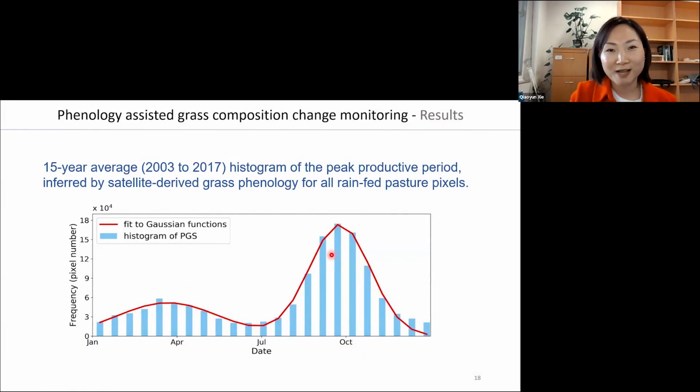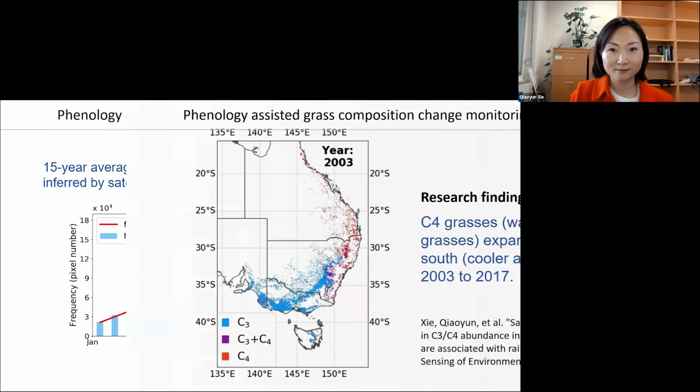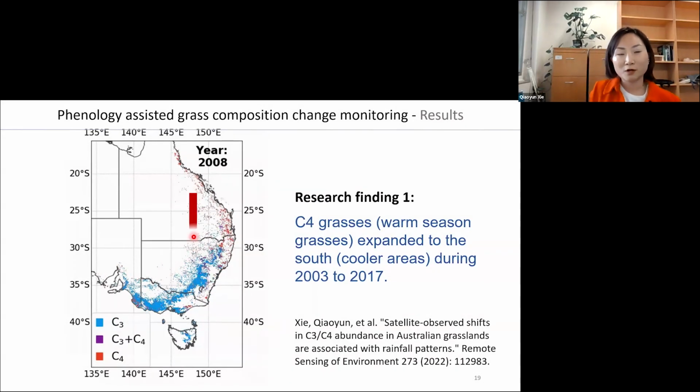And this is the beauty of reality. So this is what we got in reality from satellite images. They formed two beautiful Gaussian distribution bells. And from here, we got the time window for us to use then to classify vegetation, C3, C4 grass, based on their peak of growing season. And this is what we got. Now we have the maps, the data